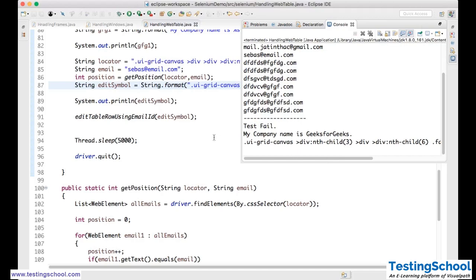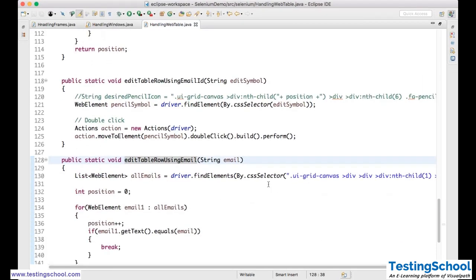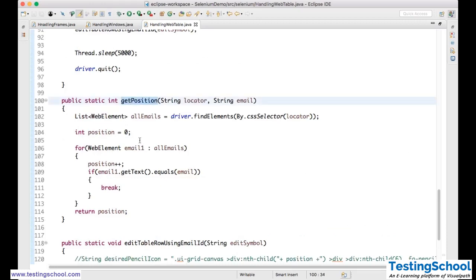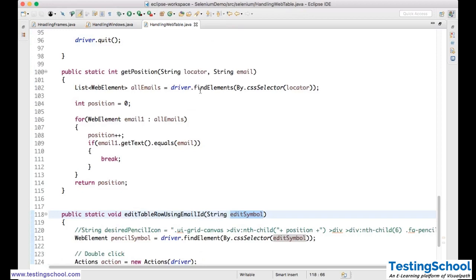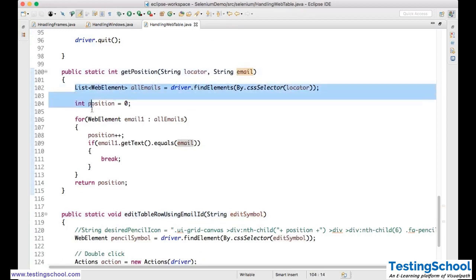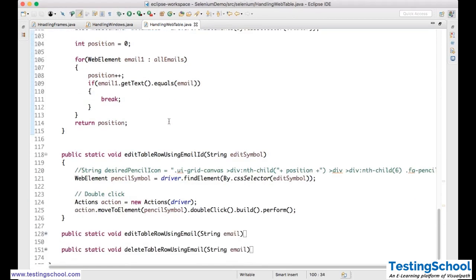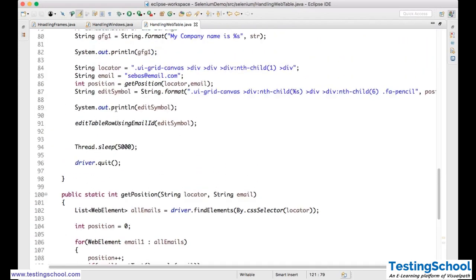So that's what you need to do. In these two methods, I am only sending the email ID and these are all hard coded. But I broke these into two methods. One is to get position and another is to edit table using email ID. Here I am passing only this and here I am passing these two. You pass these two for any table, you will get the position. And you call this method using this edit symbol, that icon which you formed here using this get position,